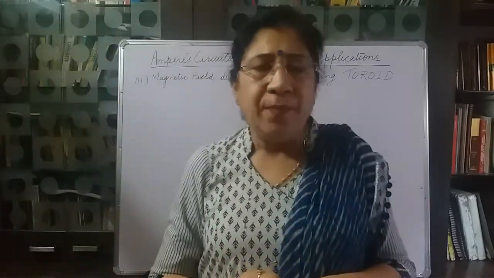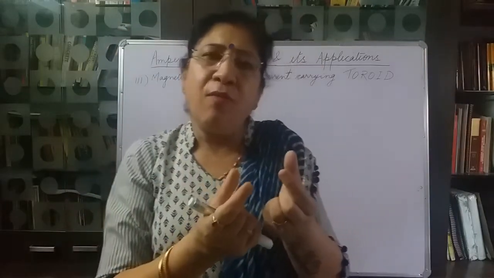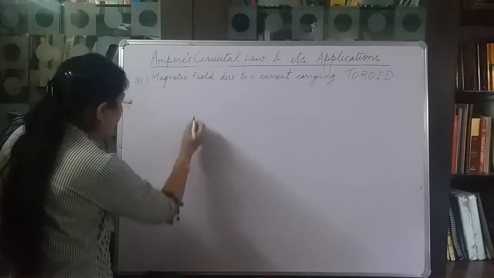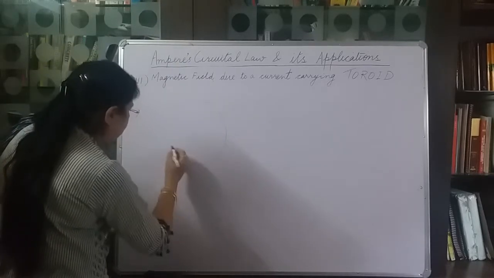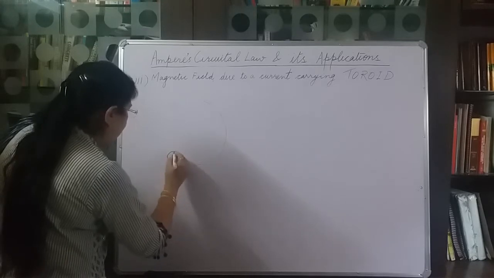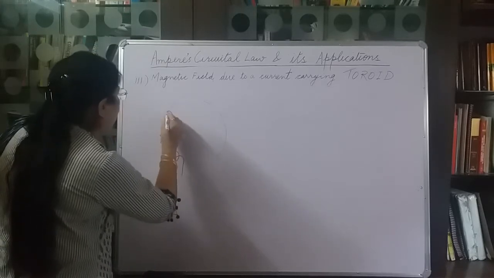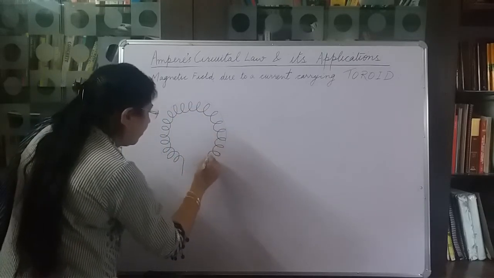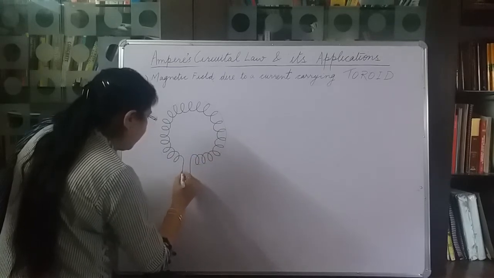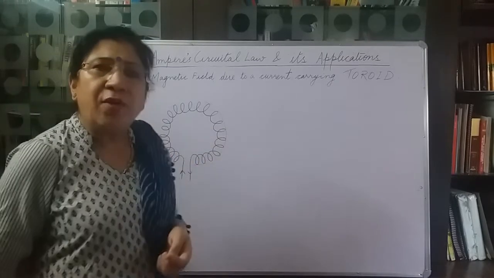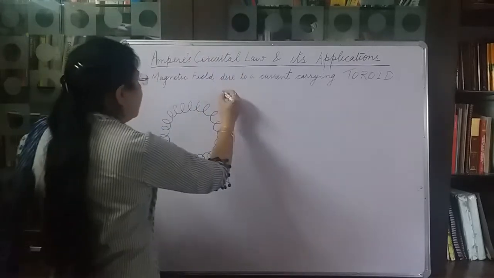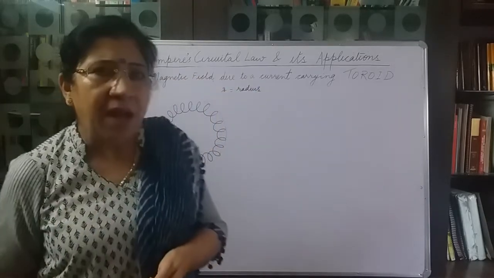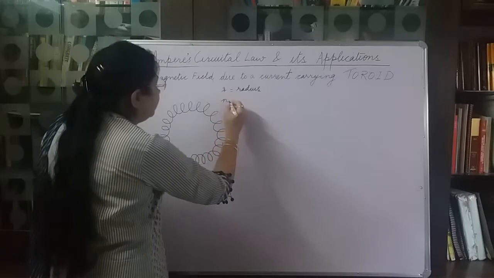Now what is a toroid? If a solenoid is bent in the form of a ring, then it is a toroid. Let us see the diagram. This is a toroid. Let R be its mean radius, and let n be the number of